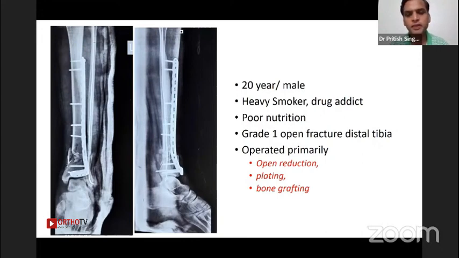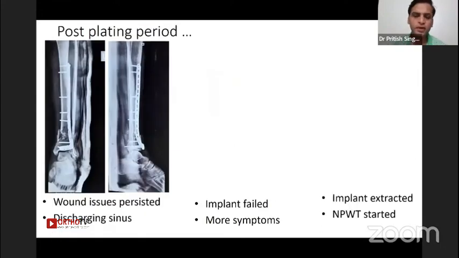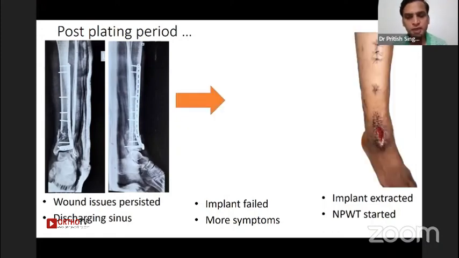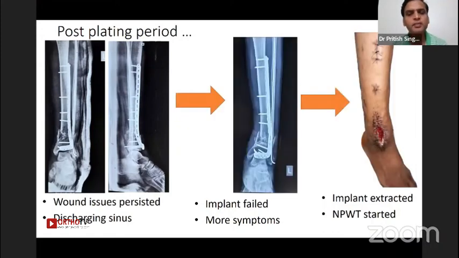And he sustained a grade 1 open distal tibia fracture, which was operated primarily by another surgeon with open reduction, plating, and bone grafting, with a good intention. But the wound did not behave in a desirable way, and wound issues persisted. It got converted to a discharging sinus, and subsequently there was failure of the implant,